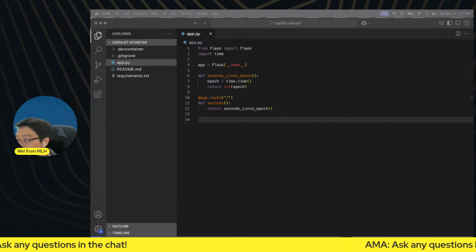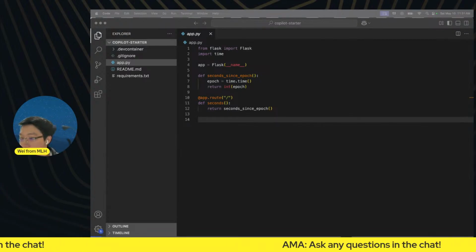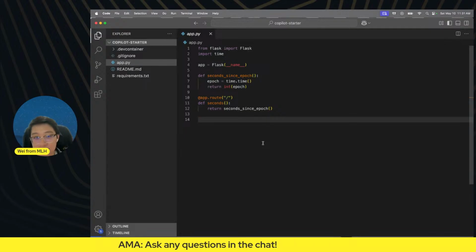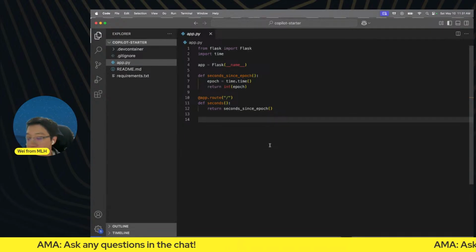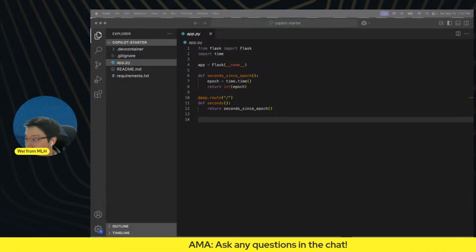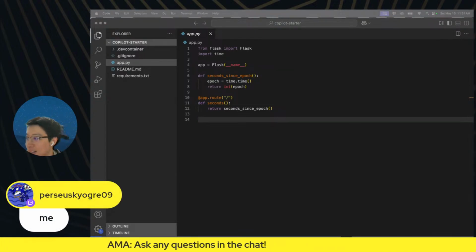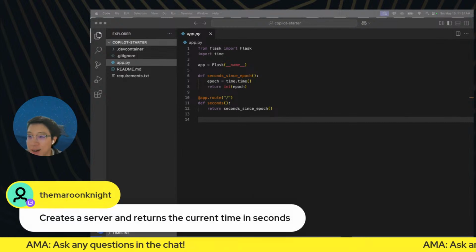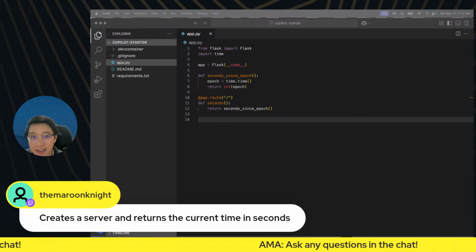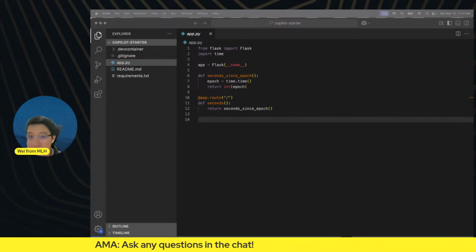Maybe in 2 sentences. All right, creates a server and returns the current time in seconds. That's perfect. Anybody else?